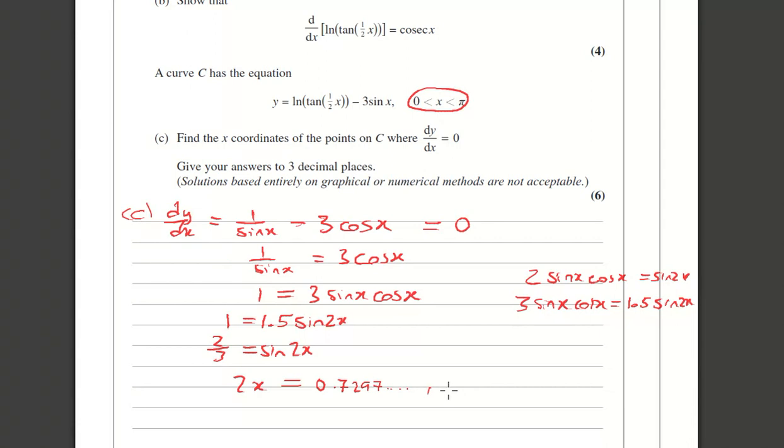Use your rule of thumb: 180 minus for sine. But we're in radians, so we're going to do pi minus that, and that gives me 2.4119. And then at the end, halve those, and you get 0.365